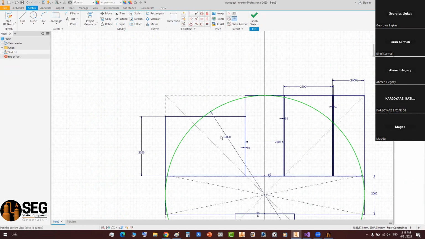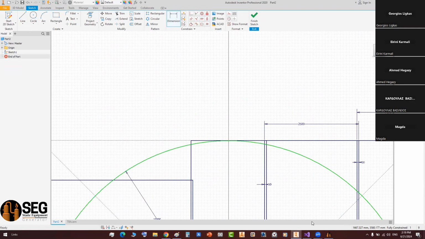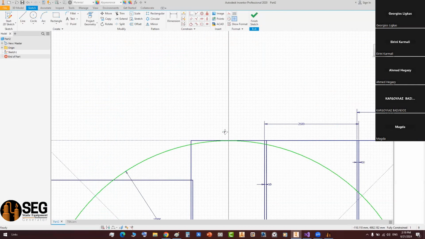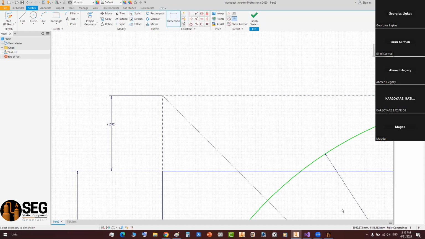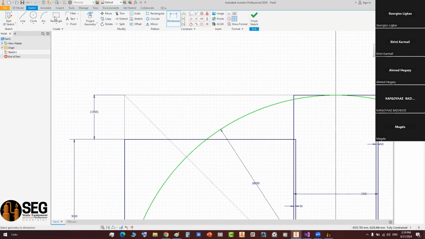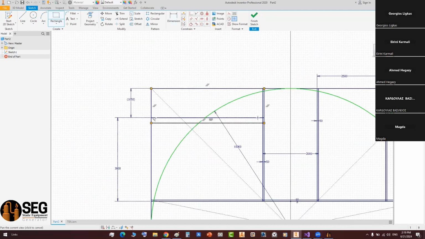And now let's measure the location. So the location from that line to that line. So the x is 5,950. Like that. And the y location from that line to that line, it's 1,050. Like that. And now let's add another plate here, which is a plate from here to there, and make